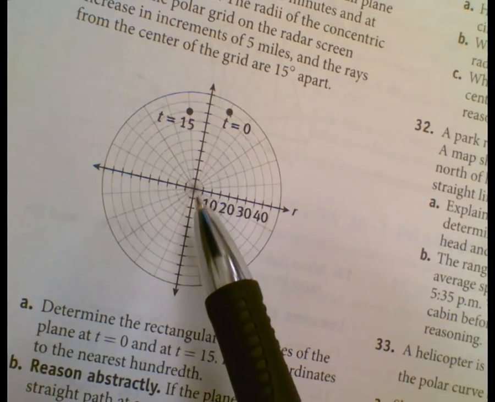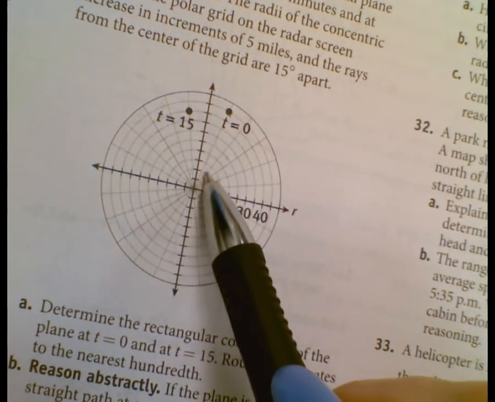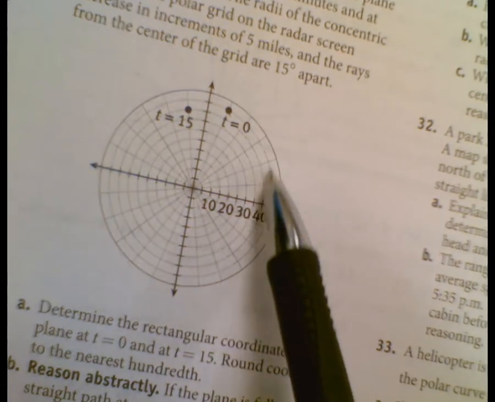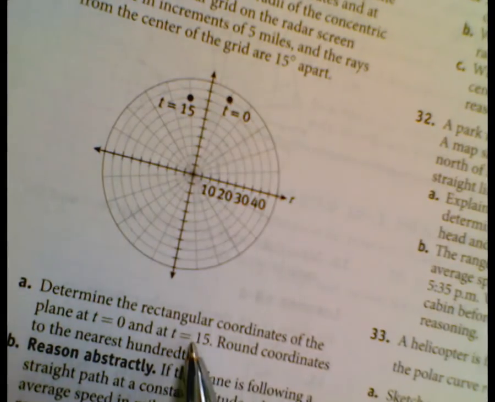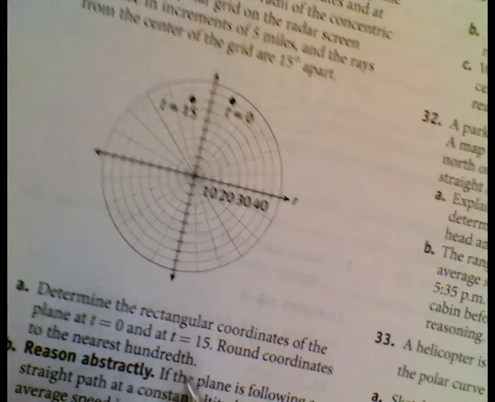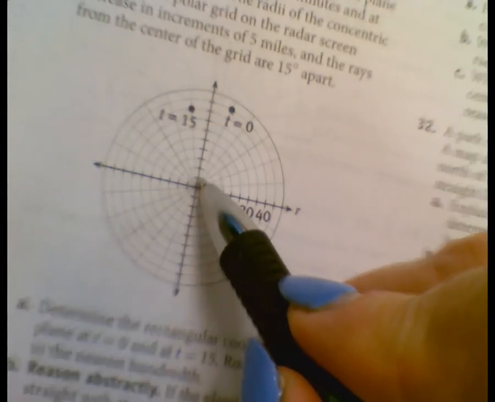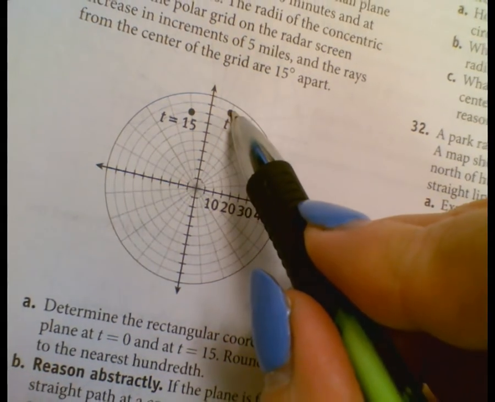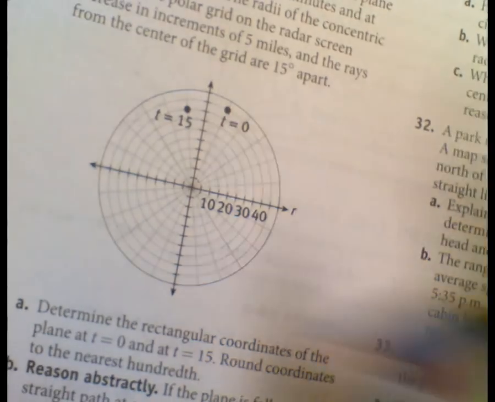The radii of the concentric circles on the polar grid increase in increments of 5 miles, so each ring is 5 miles. And the rays from the center of the grid are 15 degrees apart. Determine the rectangular coordinates of the plane at t equals 0 and at t equals 15. Round coordinates to the nearest point. So this point right here, if you're looking here, the rings are 5, 10, 15, 20, 25, 30, 35, 40. So it looks like 45 and 75 degrees. So in 20,